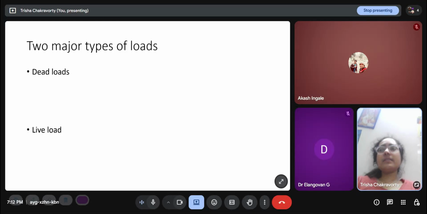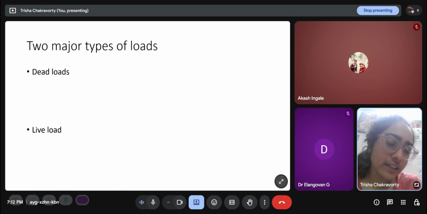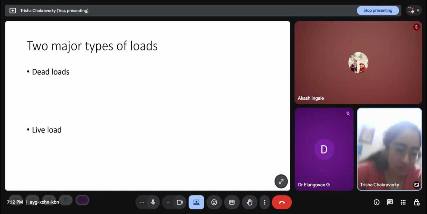Now this is a general knowledge kind of thing. We'll start with that because obviously civil engineering is a very practical subject. So rather than just studying methods and learning to solve problems, we should know why we are solving those problems. The whole point of structure analysis is we need the process of analysis before design, so that we know what is the stress and strain response being developed in each structural element, so that we can say whether this material is enough or not, whether this cross section is enough or not. So for design we need analysis first.